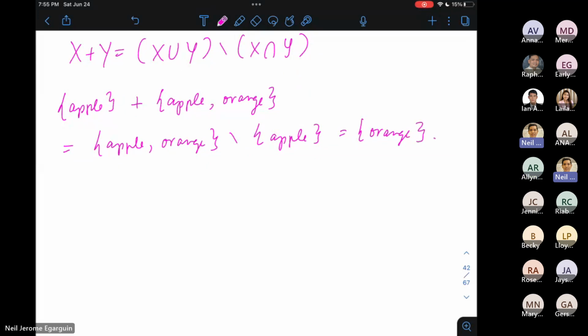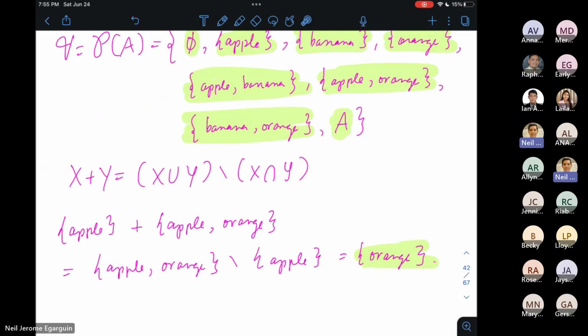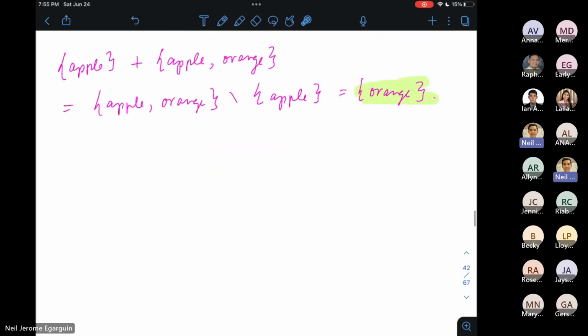Tama? Ito yung sinasabi kanina ni Rose yata. So yeah, this is a set containing orange and you see that orange is one of the vectors. Right? Kasi yun naman yung kailangan eh. Pag nag-add ka ng dalawang vectors, dapat ang sagot ay vector pa rin. Right? Now, what could be, say, empty set plus set A? What do you think?